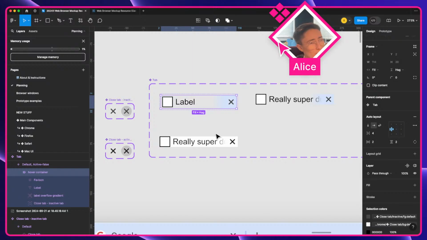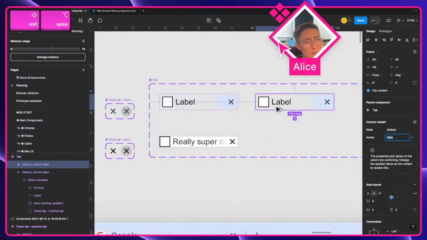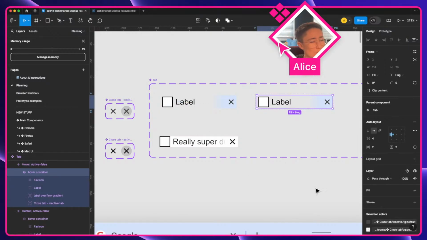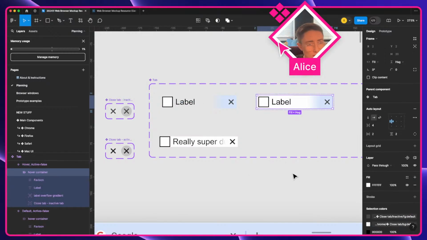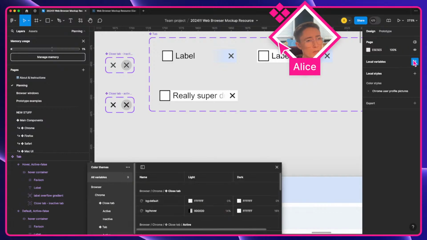And we don't want to fill on this. I'm actually going to delete that variant and just duplicate this. We know that this is active state false, but this is going to be our hover. And this is where we want to apply on the hover container. It does need that fill, and it does need to be this darker blue, and that's going to be controlled with a variable. So on a tab,